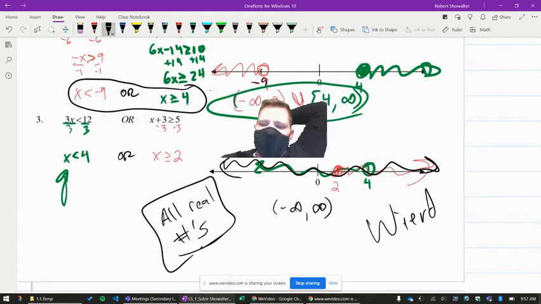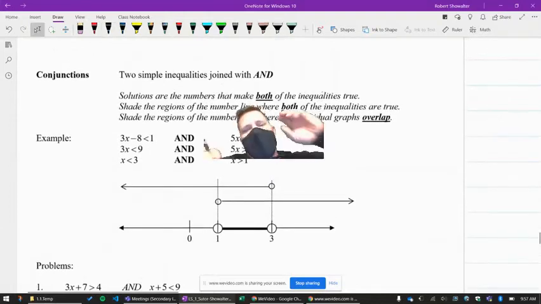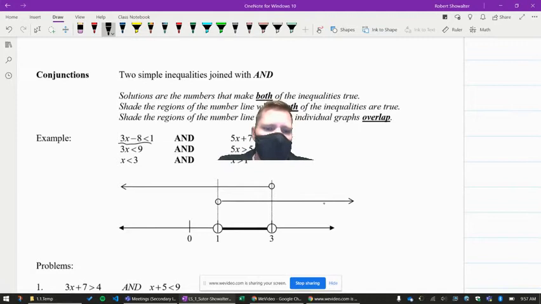Did I spell weird right? Anyways, now we have a situation where we have ands. Now, ands are just where the two overlap. So if we go ahead and solve this problem, and go ahead and solve this problem,